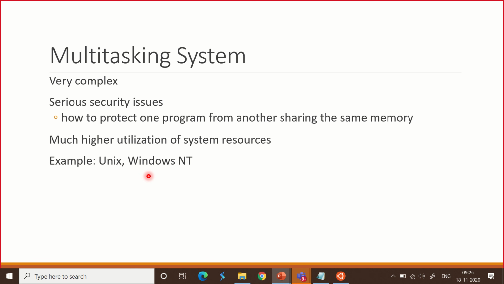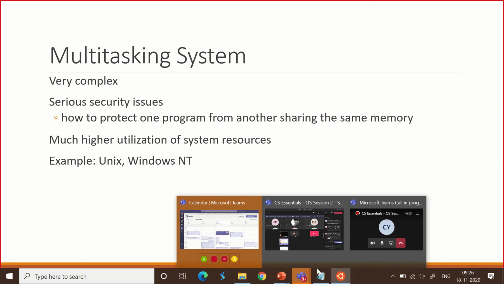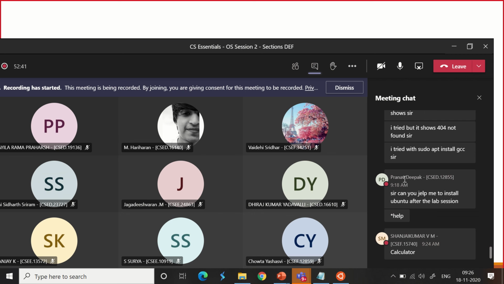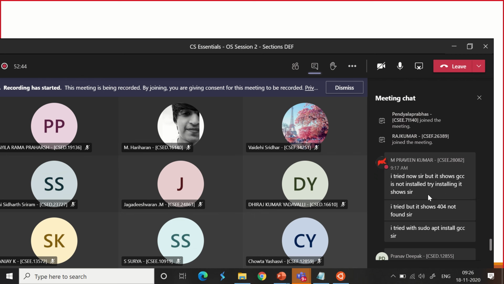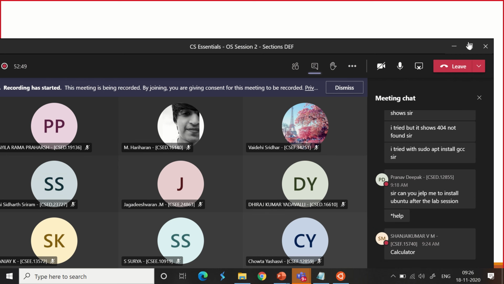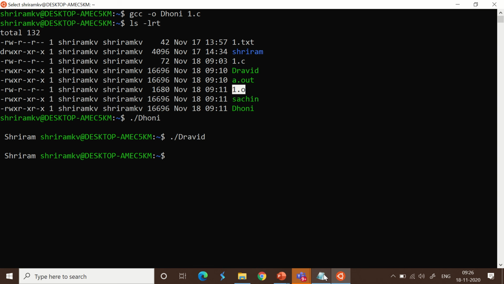Now multitasking system, what is it, sir? Whatever I have as laptop, as I told you, is general purpose. They are multitasking. What do you mean by that? Now in my machine, I have just opened the Ubuntu application. I have just opened the PPT. I have also got your attendance downloaded. I am also opening Teams meeting here. So we do handle multiple things. And it will be like a parallel processing system where you can do multiple tasks parallelly. That's very, very important, and it's pretty easy to understand as well.